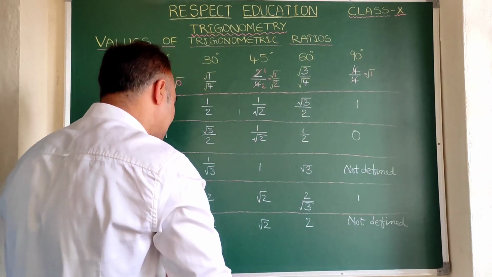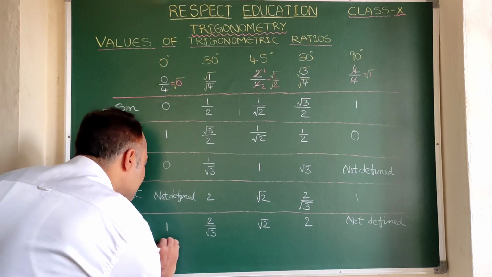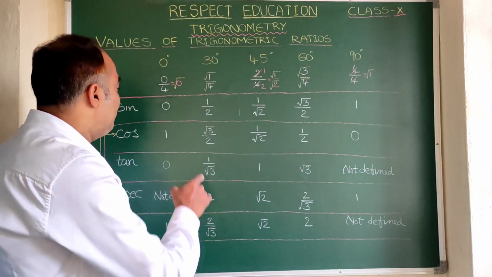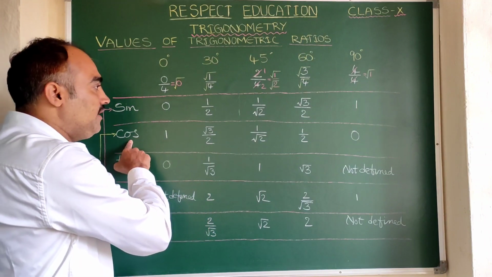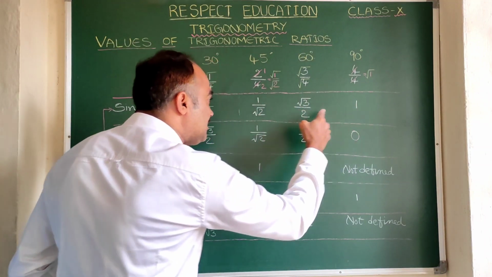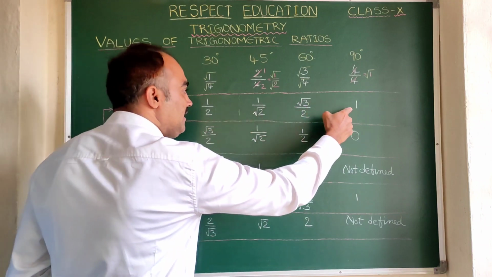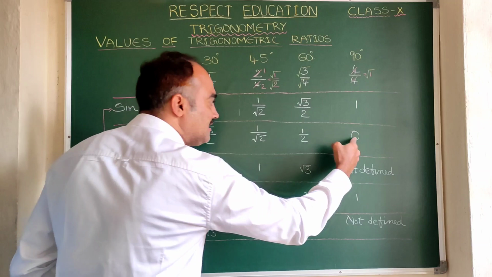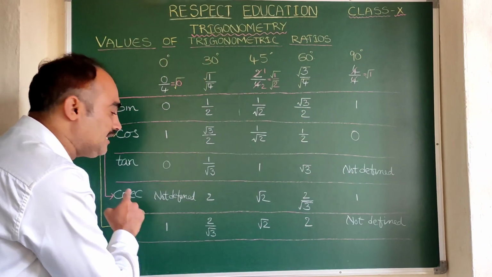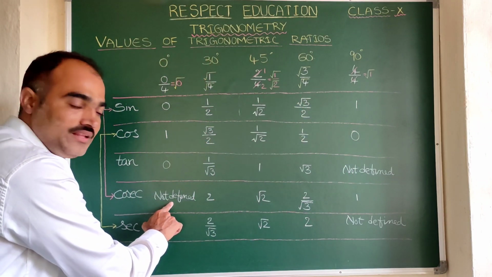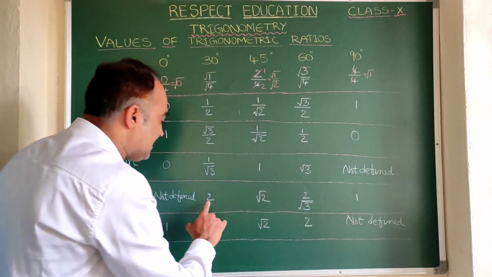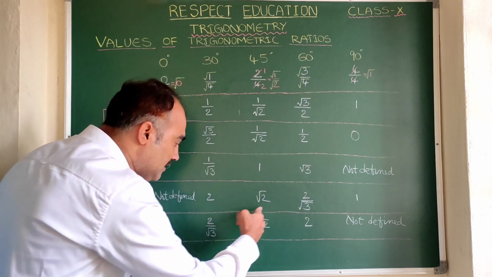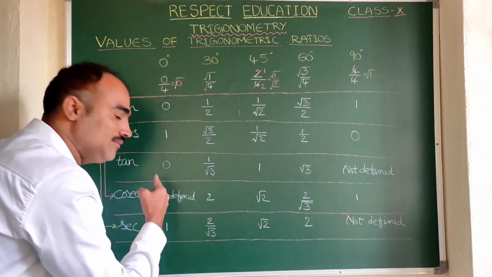If you observe carefully here, when we write cos theta, we have written the last value as the first value. Here this one, root 3 by 2, 1 by root 2 is the same, 1 by 2, and 0 is there. Same way for cosecant and secant also. Here what is there first? This is at the end. And here the second value from that side is 2. Root 2 again the same. 2 by root 3 came this side. 1 also came this side.